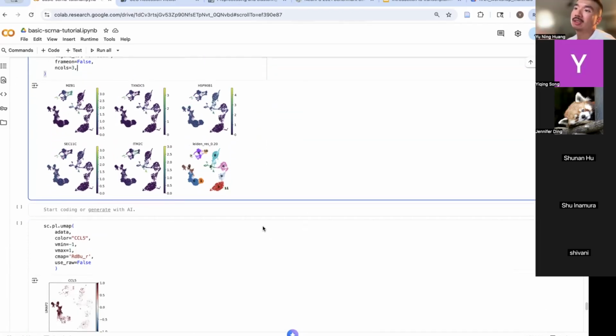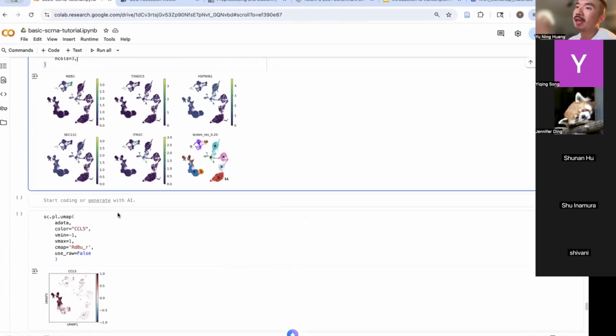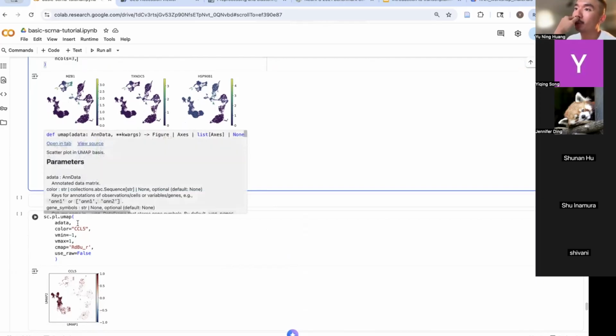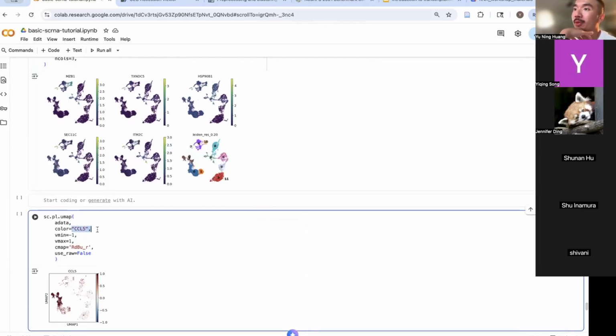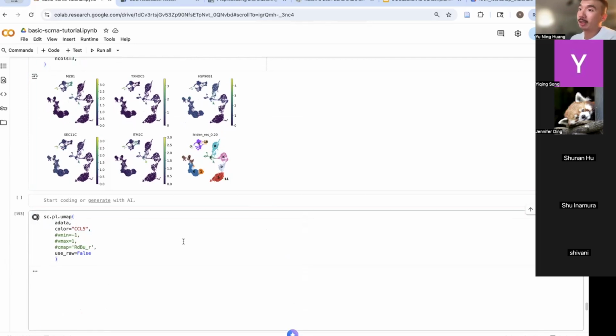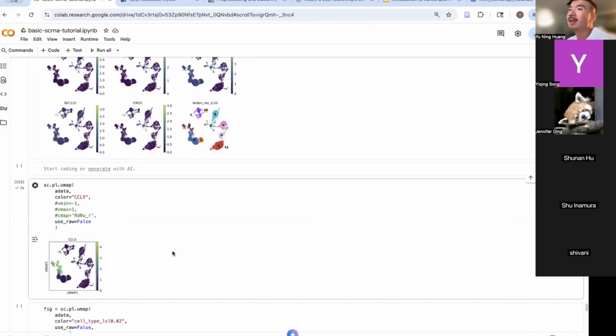What if I have genes that I'm interested in? I can just directly use the UMAP function, and inside the color just put your gene name. You can also change the color of your color map. So yeah, I can just plot CCL5. Or if in immune cells you wanted to look at, for example, COX-1's genes,